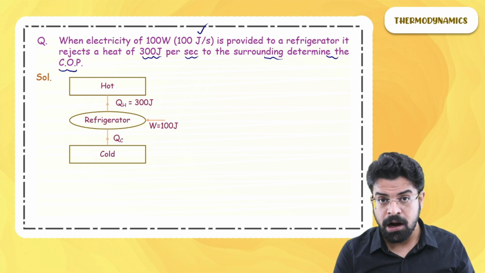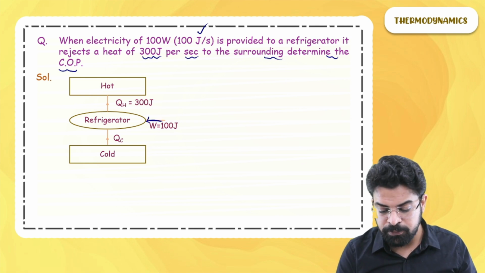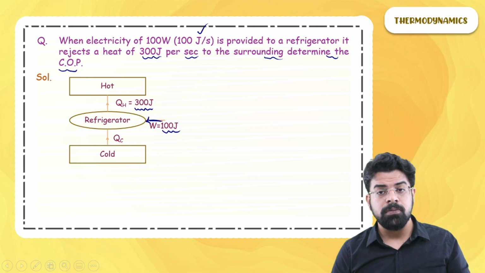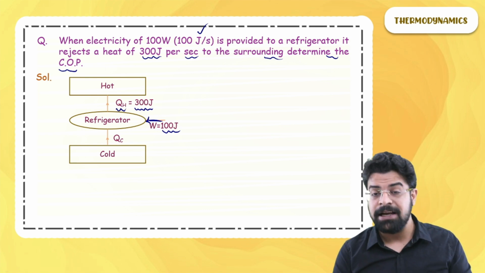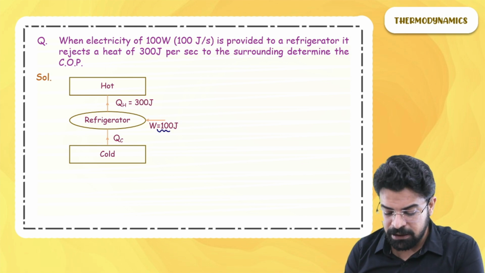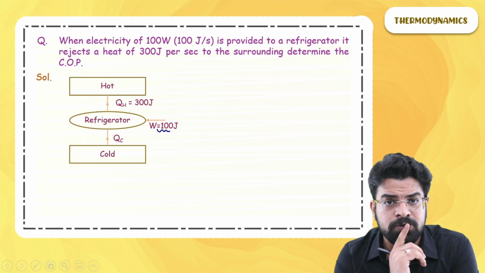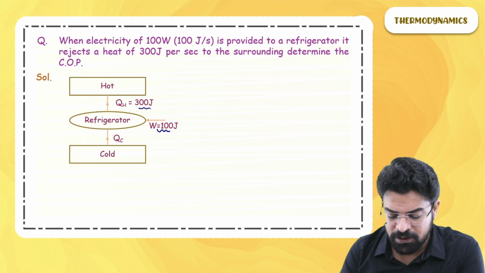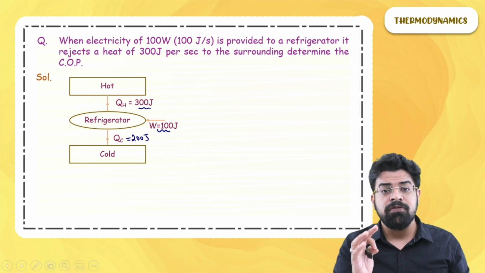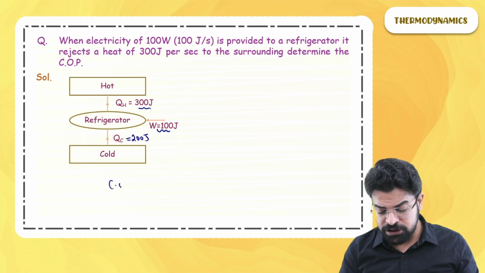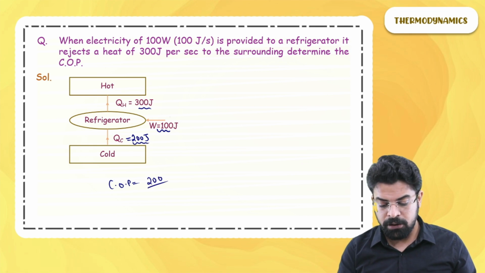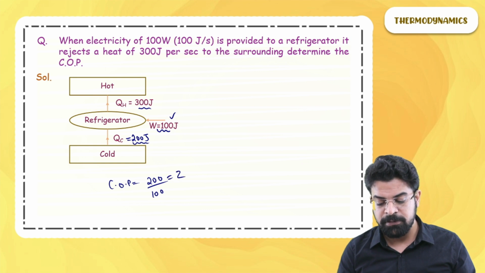Here you have a refrigerator. The energy input per second is 100 joule and it rejects energy equal to 300 joule per second to the surrounding. So QH, the heat rejected, is 300. From energy conservation, if every second the energy supply from the electricity is 100 joule and it rejects 300 joule, then what has to be the value of QC? Sir, it has to be 200 joule. It must be extracting 200 joule of energy from the cold object. So what has to be the coefficient of performance? Sir, heat extracted from the cold, 200, upon work input, which is 100. So coefficient of performance will be 2.